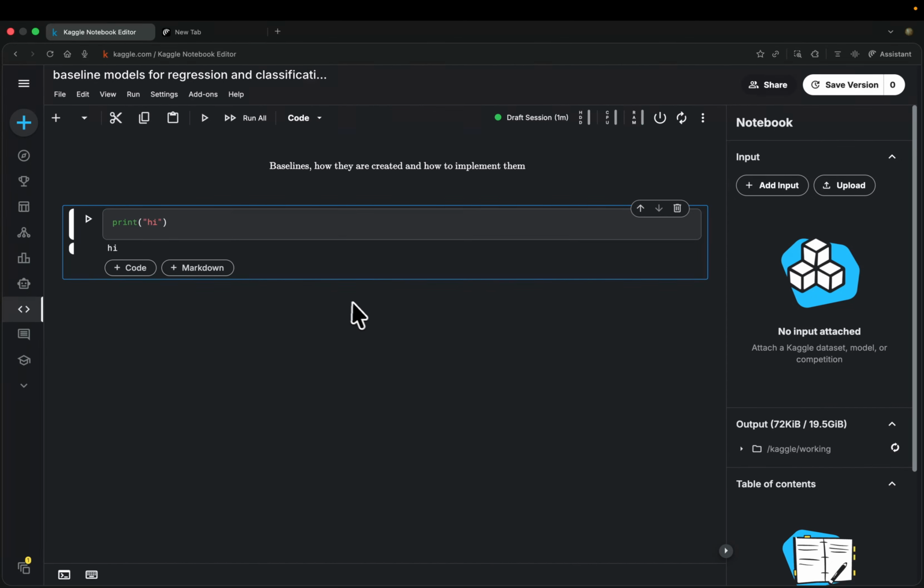So hi everyone, this is the 6th lesson. Today we're gonna implement our first baseline model, and we're only doing classification. In the next video we're gonna learn how to create baseline models from scratch for linear regression, for just regression. And we're gonna learn how to use baseline models in real life, how to use them from libraries and what they're created for. So beginning from zero knowledge in machine learning,